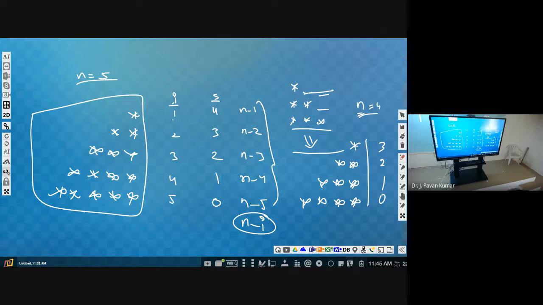For each row, what will we have inside? For printing spaces, one loop. For printing stars, another loop. So can you complete the program now? Take the input as n. Afterwards, take one outer loop, that is i, which repeats from 1 to n. That is range of 1 comma n plus 1. Then inside that, for printing spaces, you use one loop. For printing stars, you use another loop. That's it. Complete it.